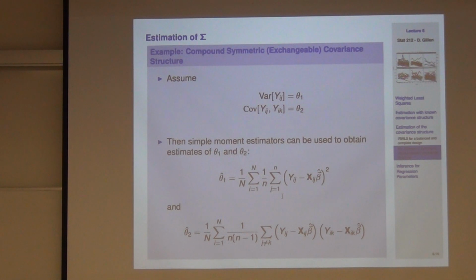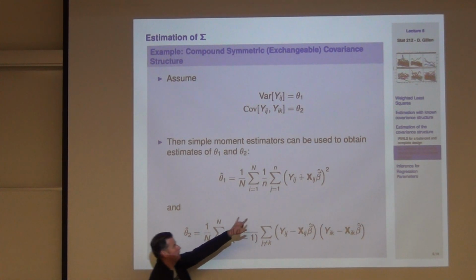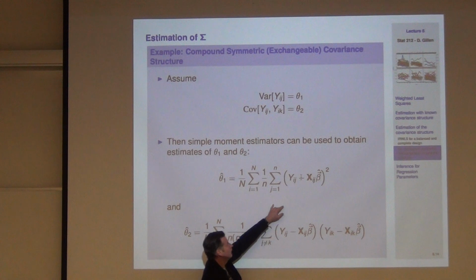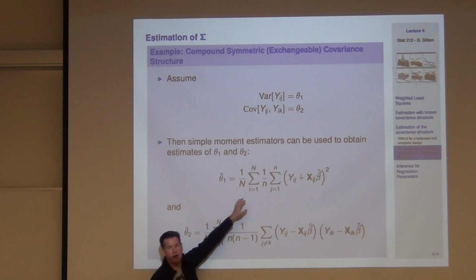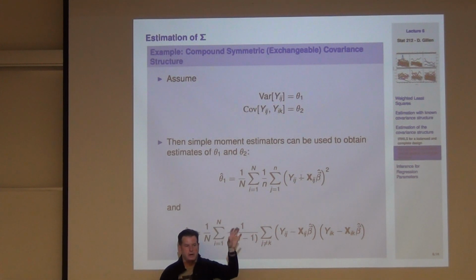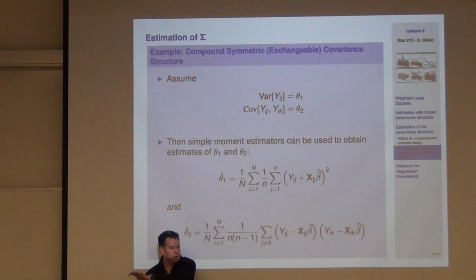What I can say is, okay, I want an estimate of the variance of any individual observation in my data set. Well, what I will do is I'll take all the observations inside of each sampling unit, sum up the residuals from that model, and square them. That's basically a sigma hat for the ith sampling unit, if you will. And then I'm going to average each of those sigma hats across the I independent sampling units. Seem reasonable to you guys?